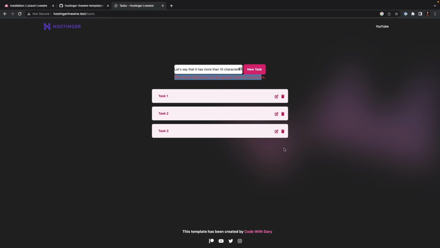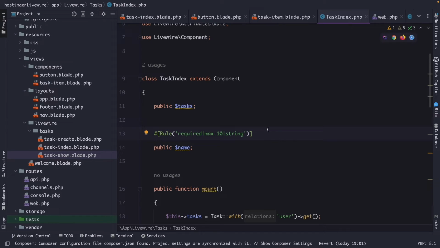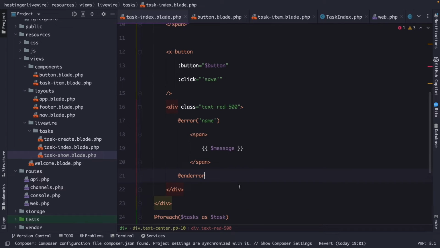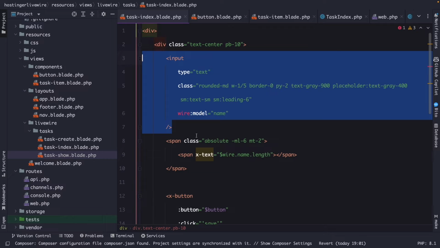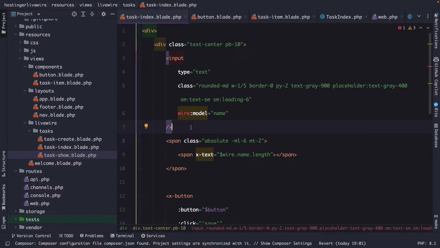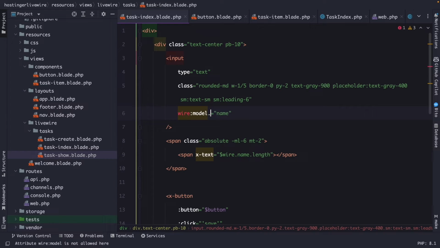Now, before we move on to the next topic, I want to show you how you could easily show validation errors as the user fills out the form. So let's navigate back to our view for a moment. So our task index. Now let's look for our input field right here. And there are two methods on how you could do this. The first method is adding the .live right after the wire model attribute. What this will do is sending network requests as the user fills out the form. If validation fails, the property won't be updated on the server and a validation message will be shown to the